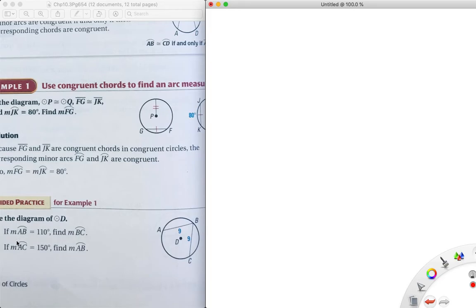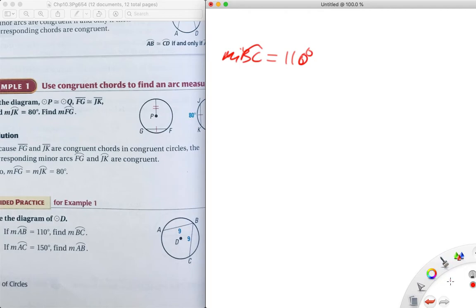They say that AB is 110 and find BC. Well, since they're congruent chords, then we can say that their arcs are congruent, their minor arcs. So the measure of arc AB, the measure of arc BC is also 110 degrees. And if AC was 150,